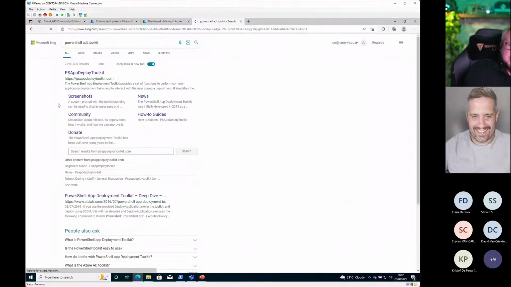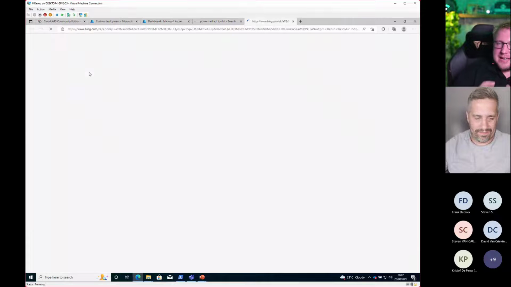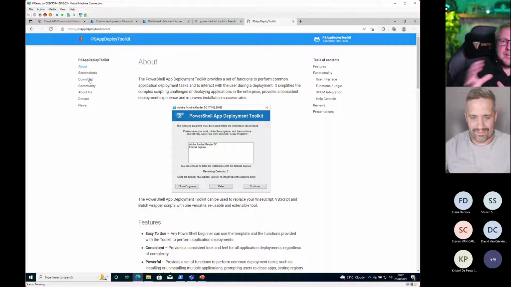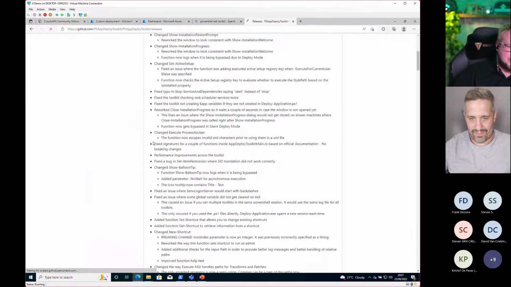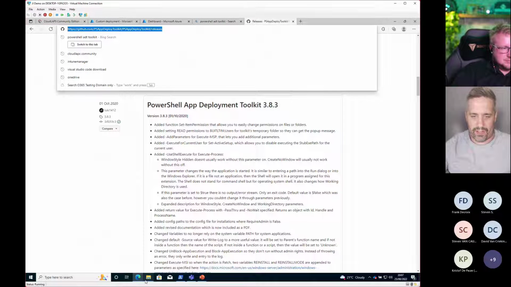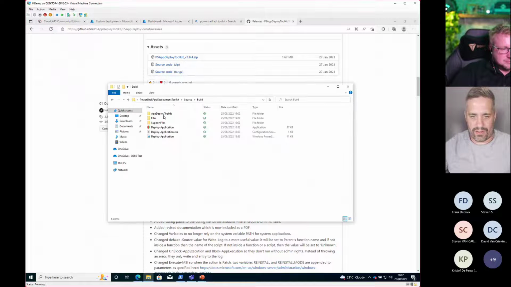The point is what John's just extracted there is the entire contents of the toolkit folder within the thing that gets downloaded, and that is a generic folder that you would copy across every application, and you customize it for the app that you need to install. From the GitHub here, you can go to the zip file and just download it from this GitHub link. I extract all of that, put it into the build, and I have the 3 files here